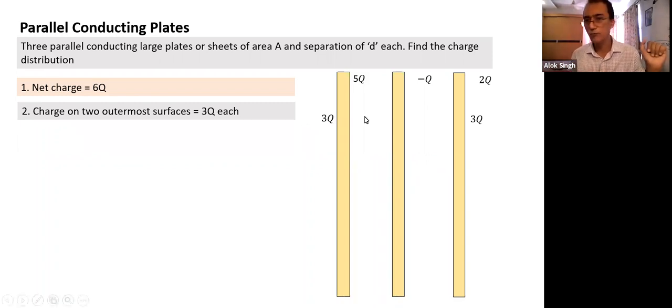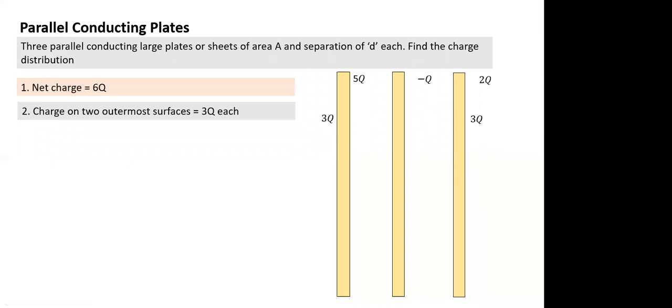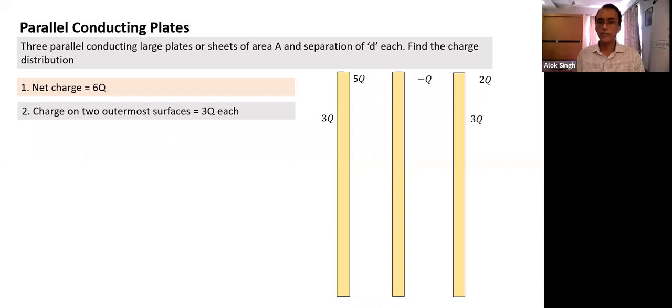We have found the outermost charges. What do we do next? Take the first plate. The 2 surfaces should add up to 5Q. So basically, this is an isolated system, not in contact with anything. If we are given a total charge of 5Q and 3Q has gone there, the remaining would have gone to the right surface. Or another way of saying it is, the charge on the left surface plus the charge on the right surface has to be equal to the net charge on the plate.